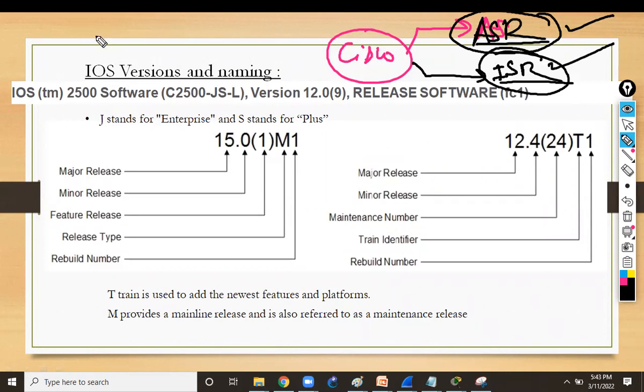Okay, when you go to the data center, I suppose, not here. Maybe in my 8 AM batch, I had a student from data center. Not in your batch, I suppose. Okay, so